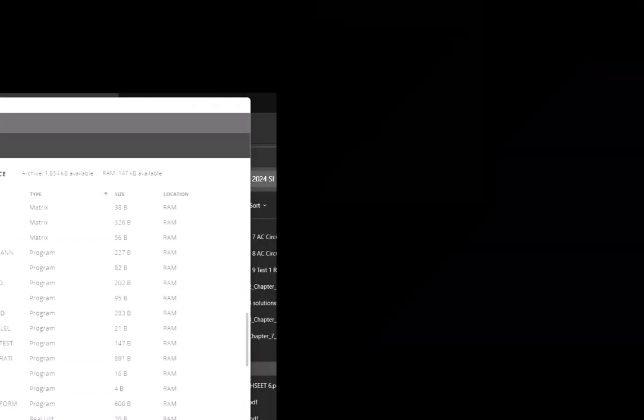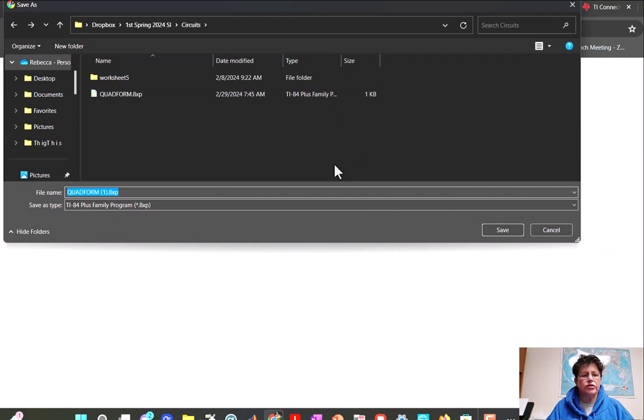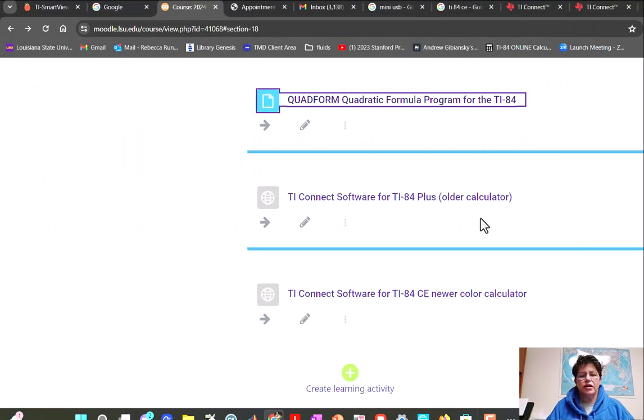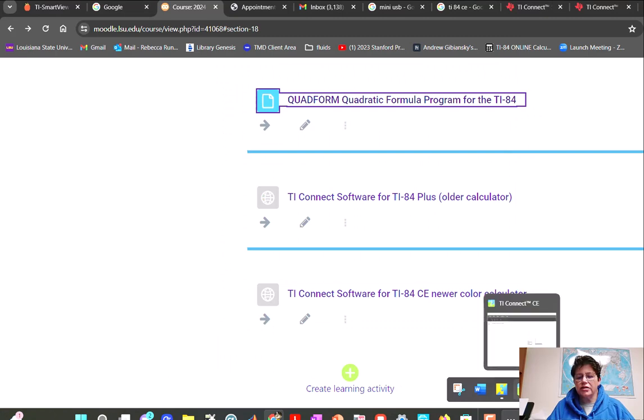Okay, so if you have loaded the program onto your TI-84 Plus and you don't need to use the TI-84 CE, then you can skip ahead to about time marker 11 where I show how to use the program. I was saying the first thing you need to do is make sure you download the Quadform program and save it somewhere in your computer where you know where it is. And then also make sure you have installed the TI Connect software for CE, because we're doing the TI-84 CE. And then you'll start the TI Connect CE